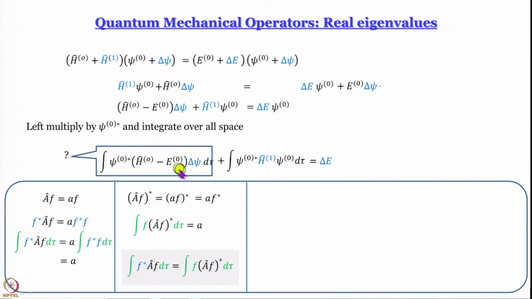So, what we are trying to do is interchange the bases. Here at least we have been able to interchange the complex conjugate and the function by itself. Left multiplication here is by the complex conjugate, left multiplication here is by the actual function. But our job is not done, because here the two functions are different. It is something like integral f star a hat g d tau, while here we have integral f star a hat f d tau.